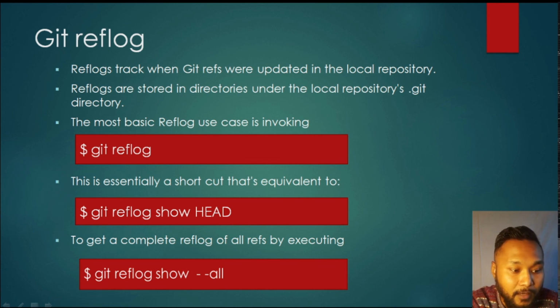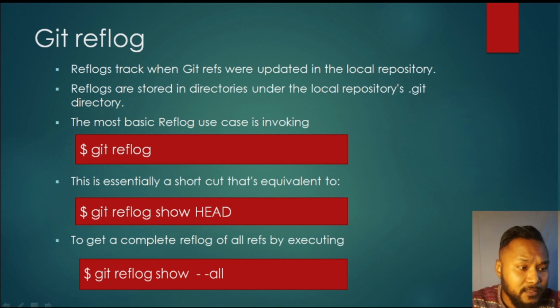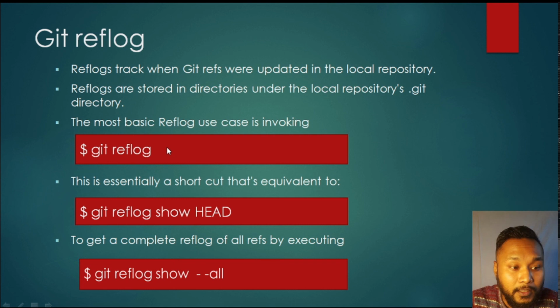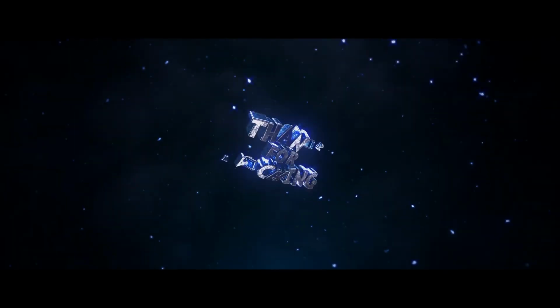To get a complete reflog of all refs, execute git reflog show --all. So basically, git reflog gives you the data of the latest commits, and git reflog show HEAD gives you the data of the particular commit that you've done. So that's all for